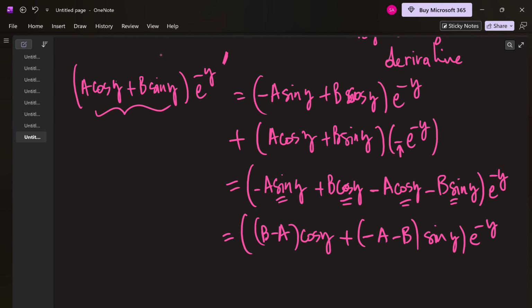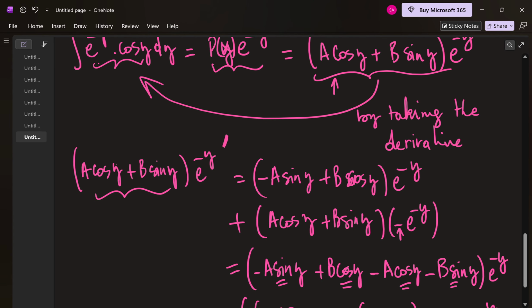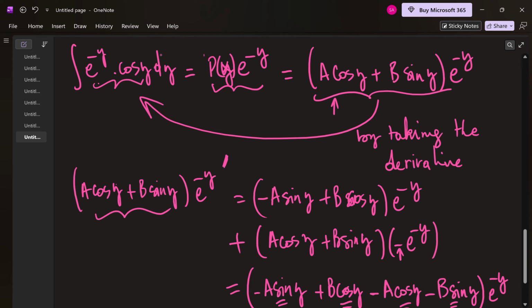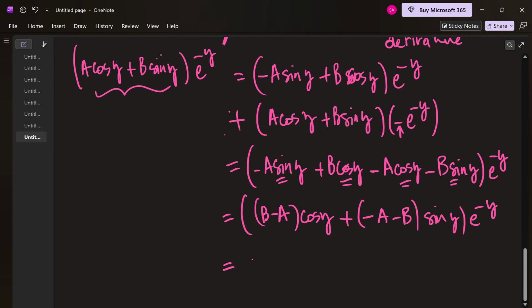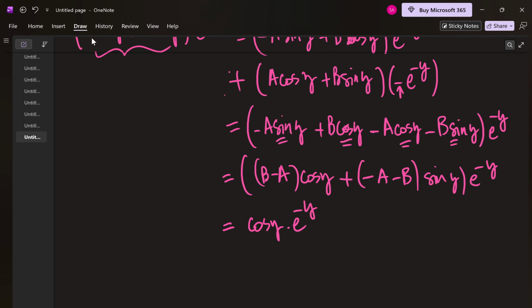And when we take the derivative, it should be equal to this guy here, so it is equal to cosine y exponential minus y. So now by identification,